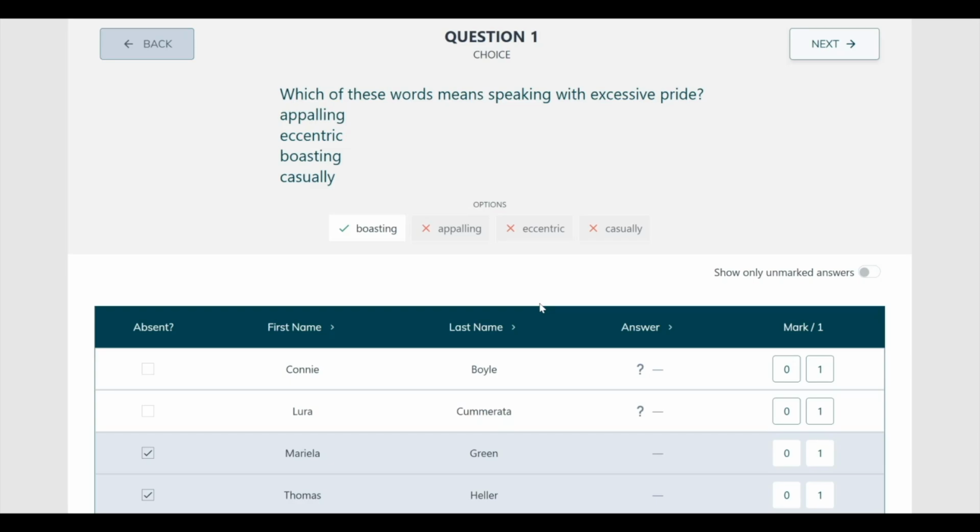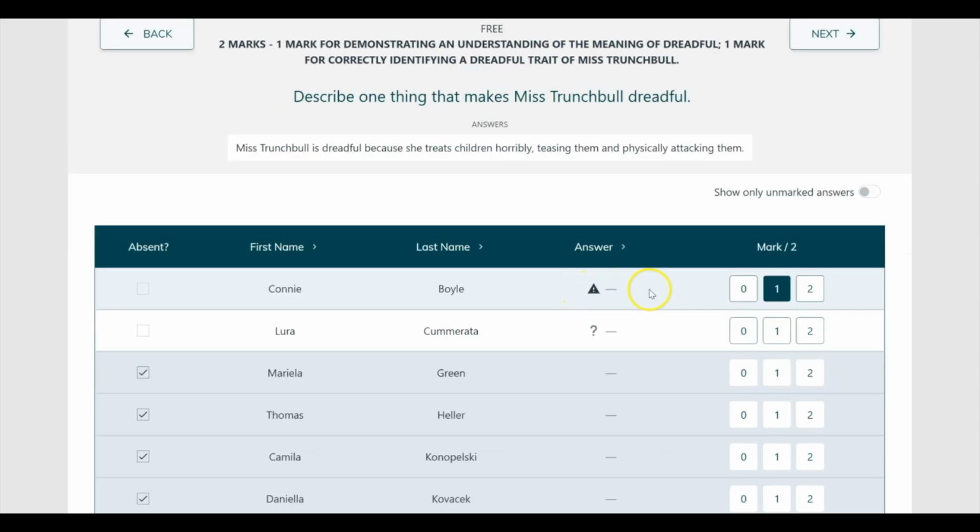Any response that shows a question mark icon requires teacher review. This usually happens when a free text response doesn't exactly match the expected answer or when partial credit may be appropriate. For these questions, select the appropriate mark from the options on the right-hand side. If you award partial marks, not the highest or lowest possible mark, this will be indicated by a triangle next